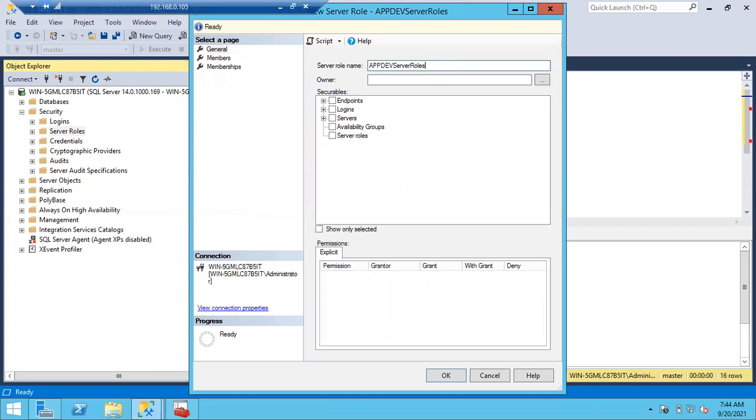In the organization, the developers will give us a script. They'll say, please create a customized server role, and this is the script. Simply download the script, copy it to the server, and execute that server role script. Automatically it will create a customized server role with whatever permissions they want.